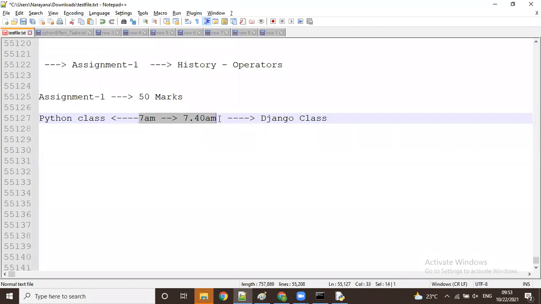So I'll give the Google form link, guys. See, there is no need to write only at this time. You can write whenever you are free. All of you can write in the evening time. I'll share the link in the morning. Suppose some of you have college or office time. So in the lunch time or the evening time, you can write the assignment, guys.